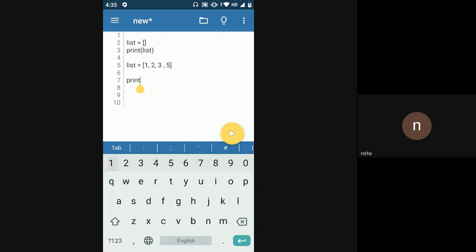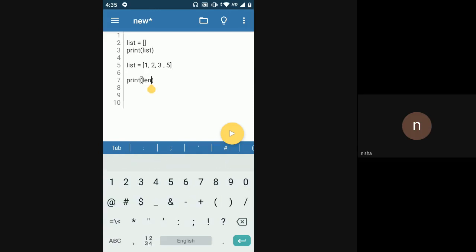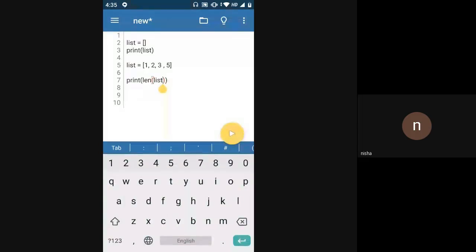If I say print len of list, it will give me 4. Again, we had used the len function to find the length of the string; similarly, here we are using the len function to find the length of the list. So it gives me 4 as the answer.